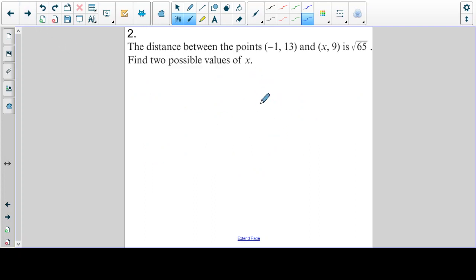Okay, the next one, we've been given the distance. So we've got the distance between these 2 points is root 65. And we're just finding the two possible values of x. Okay, so that root 65 has been found by square rooting the difference between these two, so x minus minus 1, and the difference between these two, 9 take 13, so minus doesn't matter,